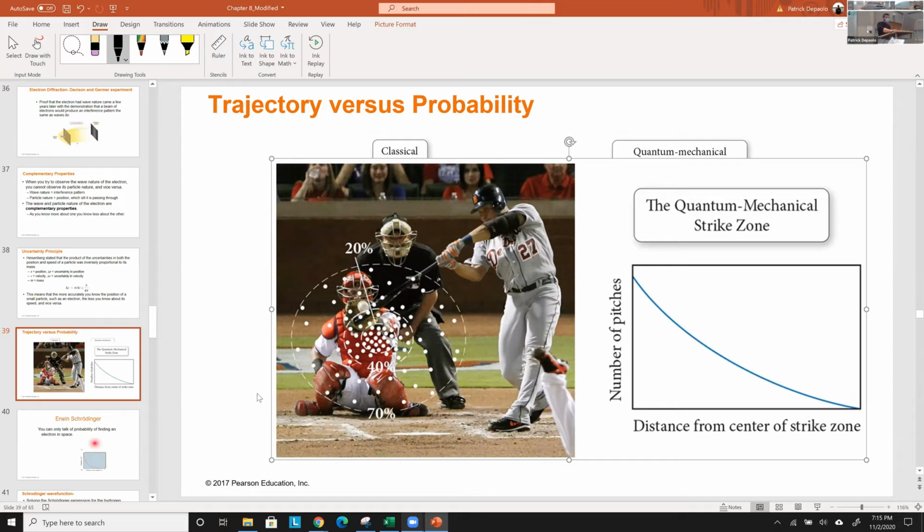And I guess this is the total, meaning everything, 70%. So if you do the math, there's 20% outside, 40% inside. I guess that's 60%. Yeah, 60% on the inside, 70% total here. Those percentages are silly, but anyway, you get the point that most of the strikes are going to be thrown,